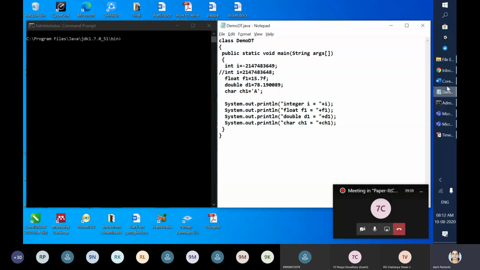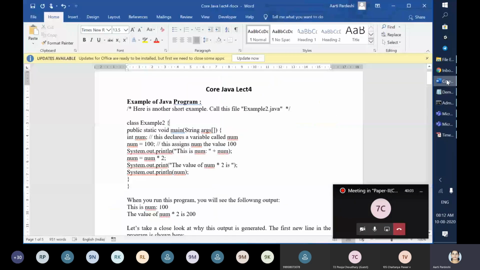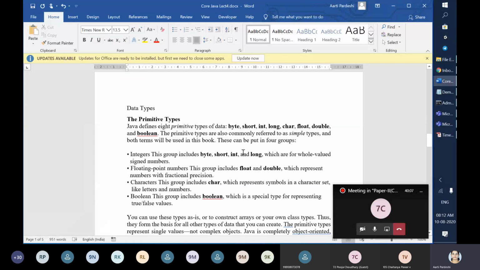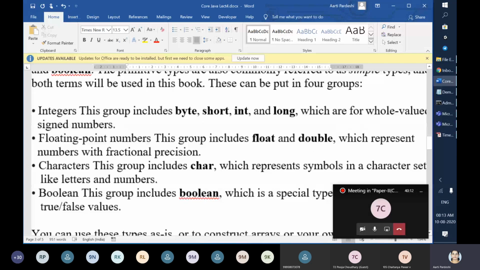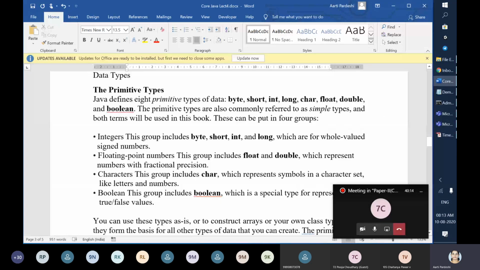As I have promised you that I'm going to explain the data type concept, and why that 2 raised to thing is required. What is the use of that 2 raised to thing? So let me go and tell you something regarding the data types. Okay, so we will go ahead and we will learn the concept of data type.